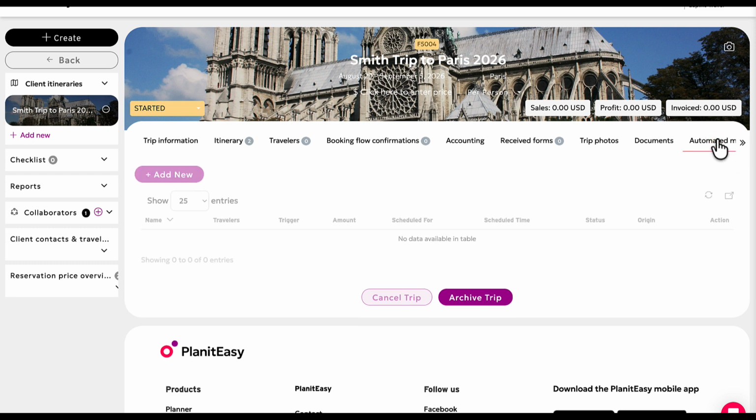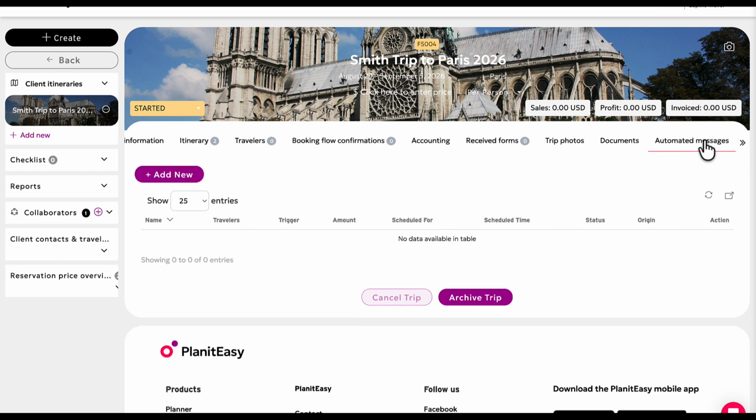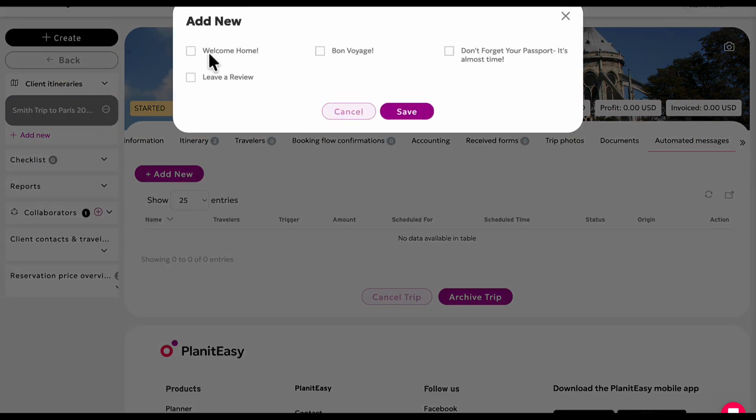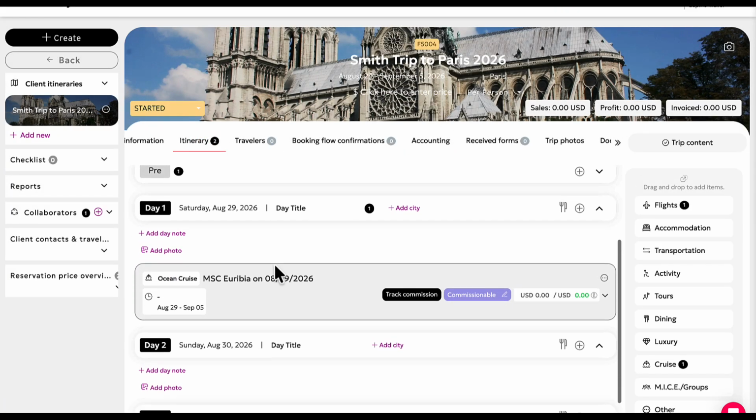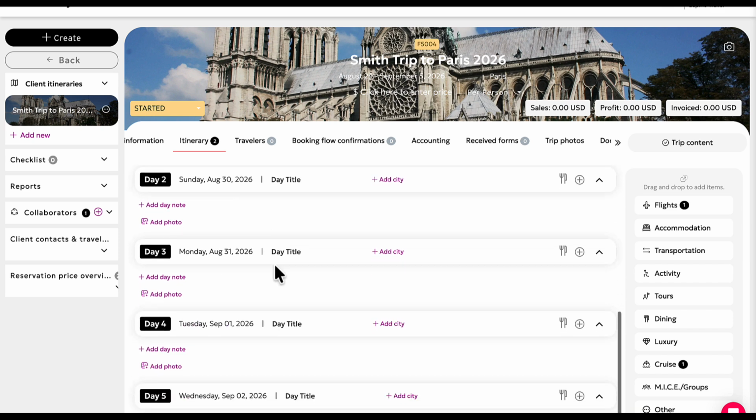Next, the automated messages section is really going to be a place where you can attach those automated messages like your welcome home, bon voyage, that kind of thing. And there's a whole other video on automated messages that you can watch. So back to our itinerary tab. I would continue to add in all of my different